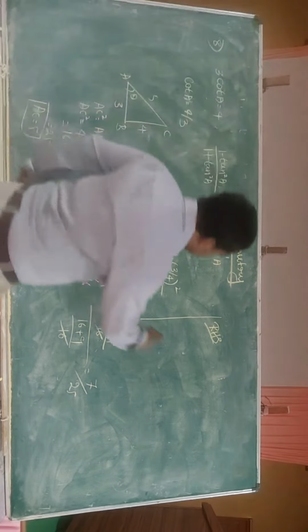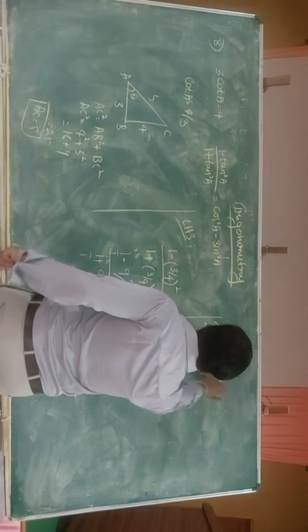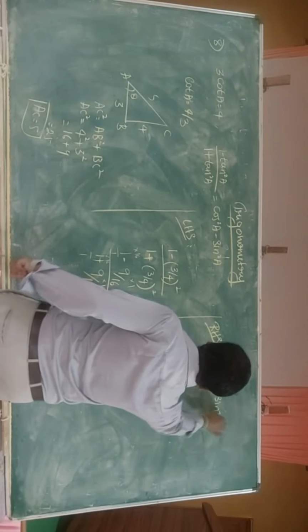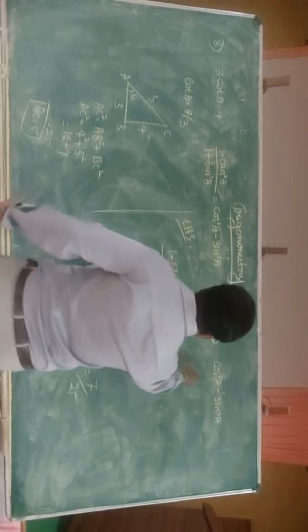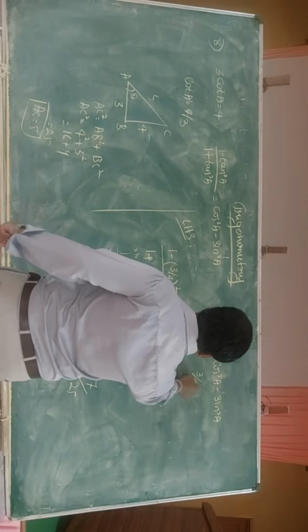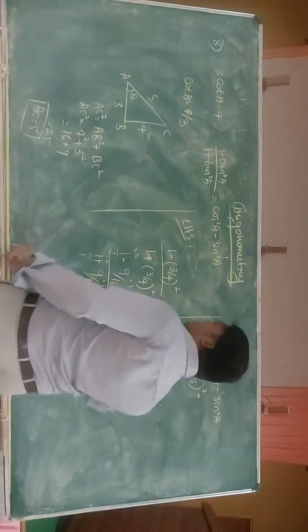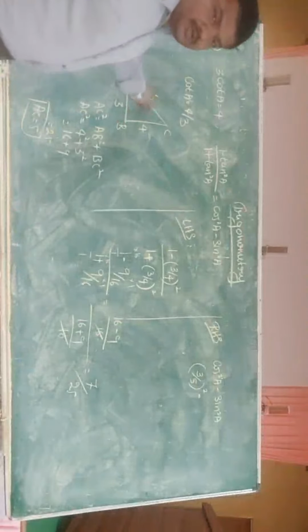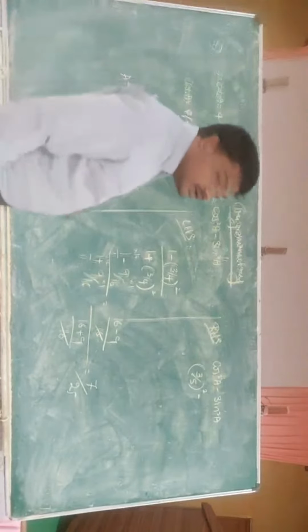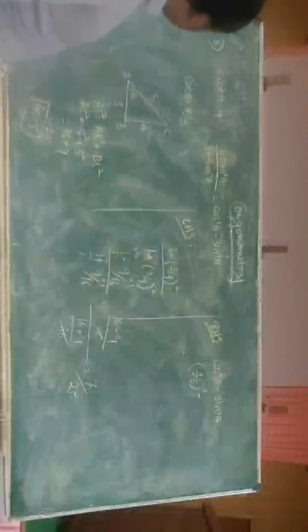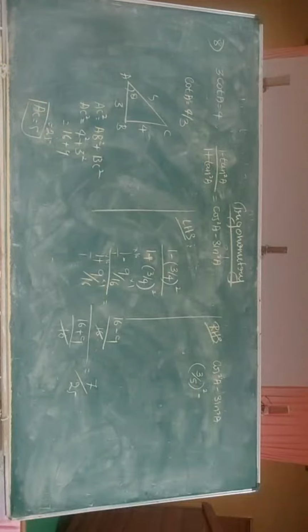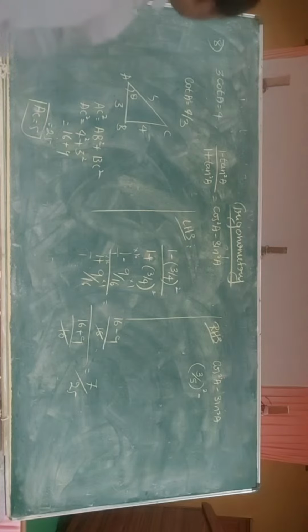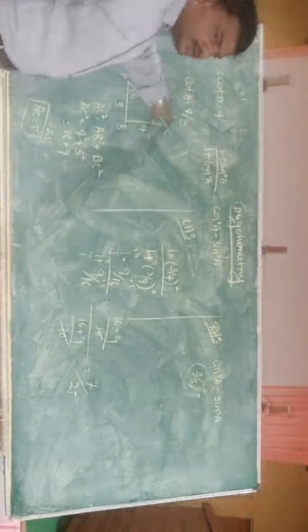Cos square A minus sin square A: adjacent upon hypotenuse square minus sin square, opposite upon hypotenuse. Cot A is equal to AB upon BC. Cot A is equal to 4 upon 3. Adjacent upon